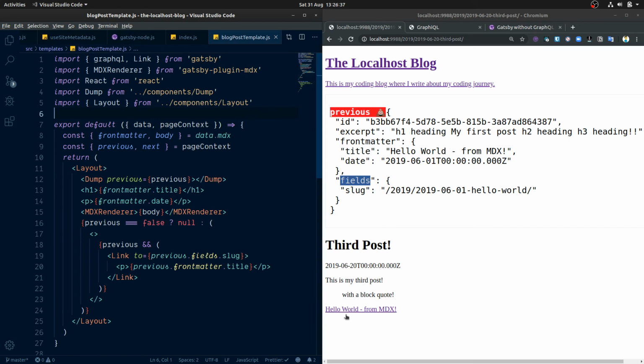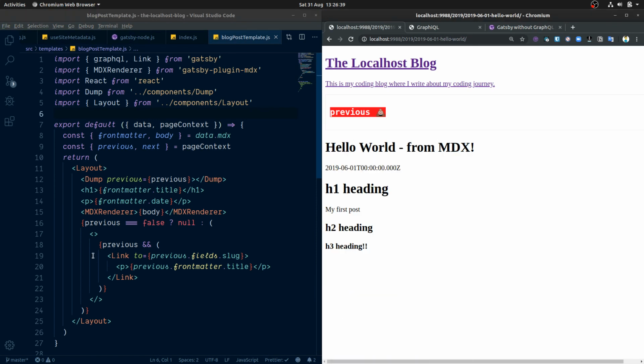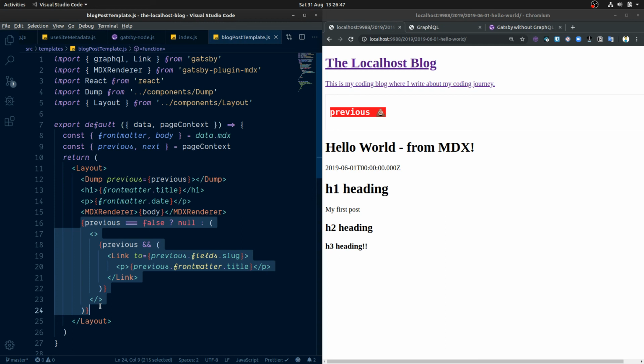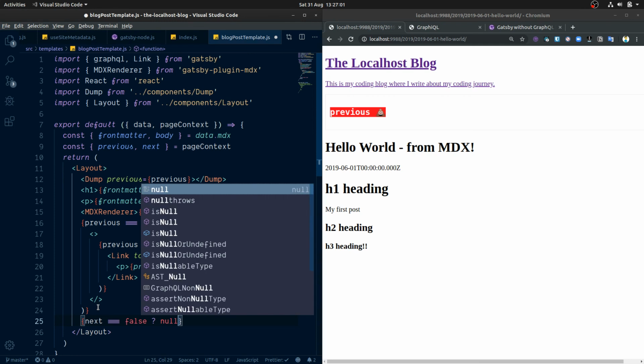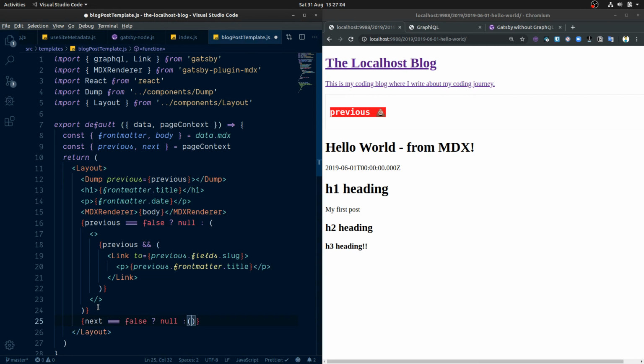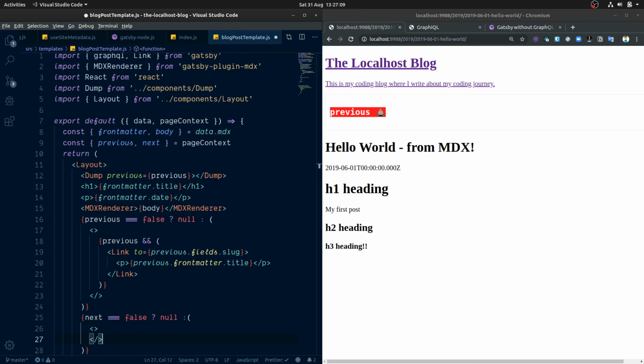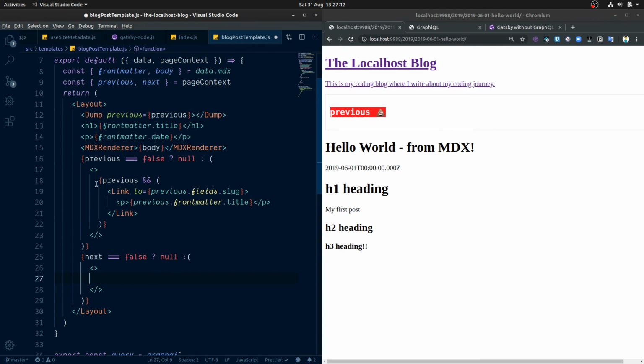Okie dokie. So hello world. We can navigate previously. So now we need to do next. So it's going to be pretty much the same thing, but for next. So interpolate some JavaScript. Next. If it's false, then we're going to return null. Else, we're going to have a return, which is going to be some empty brackets. And then in here, the same as what we've done here. So JavaScript again,